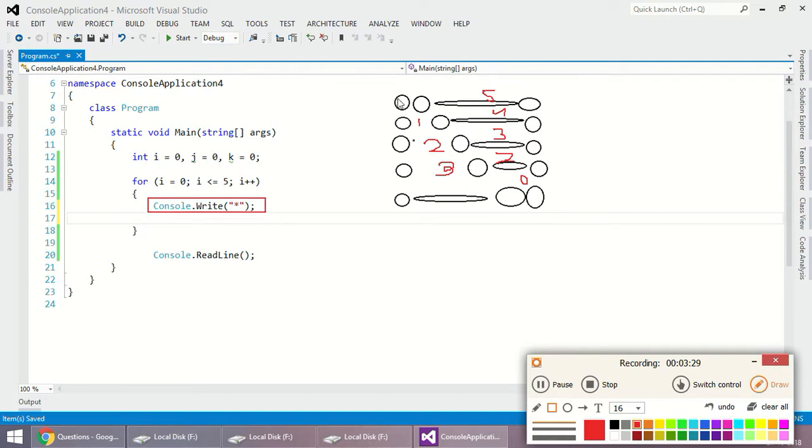This Console.Write is basically for printing these stars, here the single line of stars. So every time I need these stars,